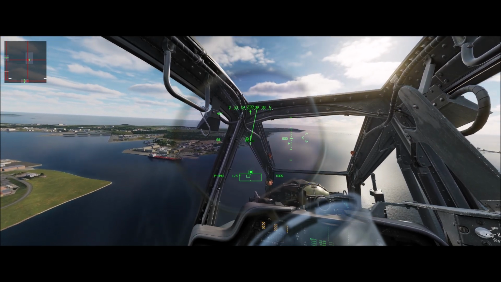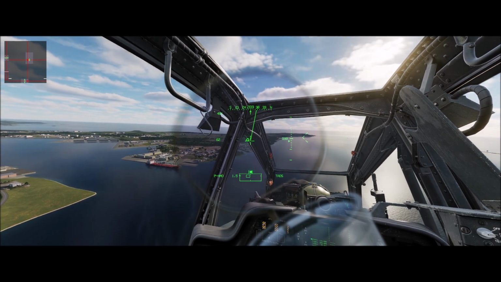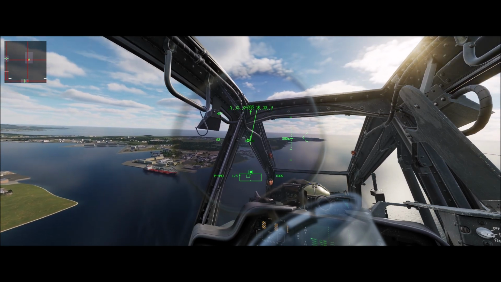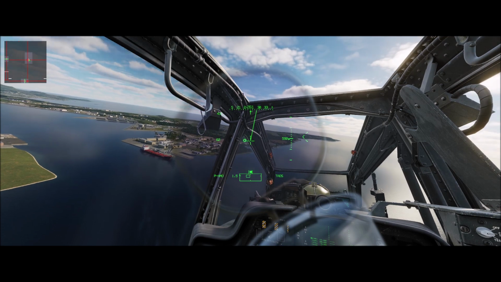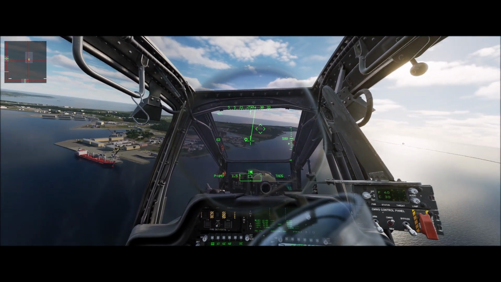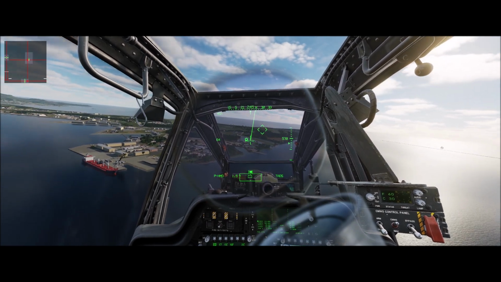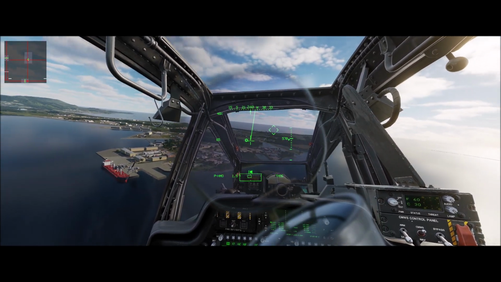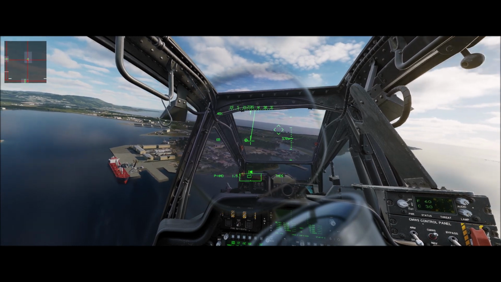So again, as we approach the ship, we're going to do a high recon, looking for obstacles, wind speed direction, our entry and exit point, any obstacles in the landing area,